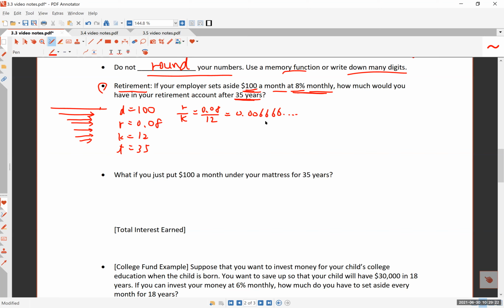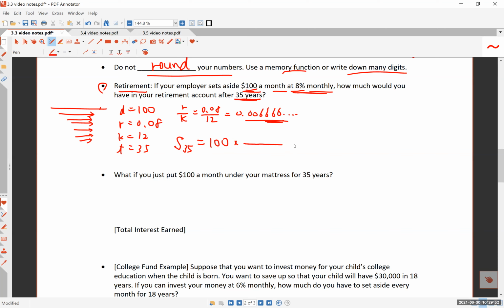As you do your calculations involving large exponents, your answer would be way off if you do not use a bunch of these digits. So it's better if you use the memory key in your calculator, or just write down as many digits as possible. All right. So after 35 years, the formula tells us the amount is going to be D, 100, times,